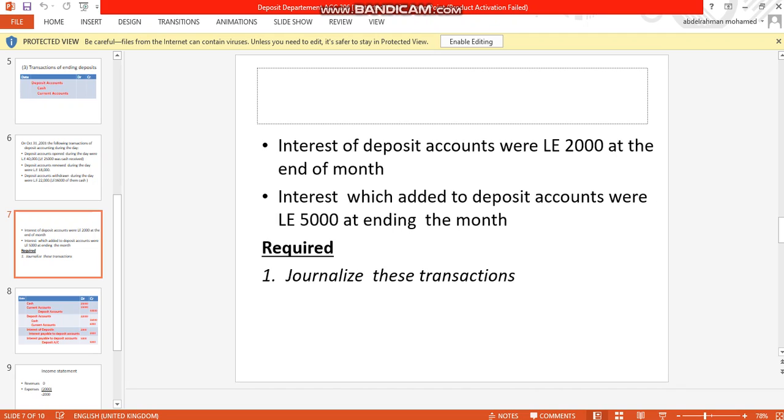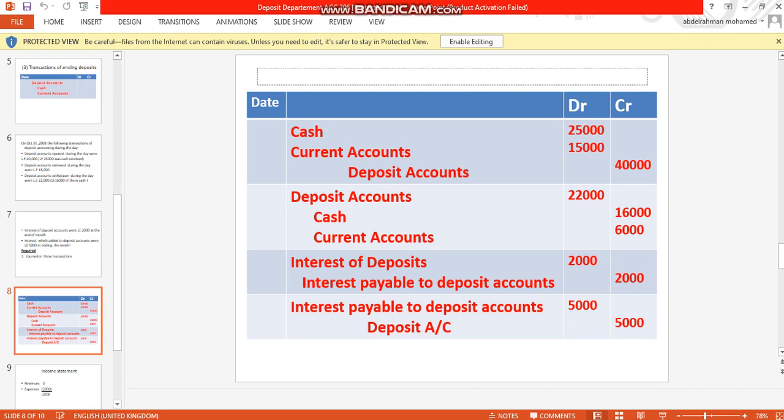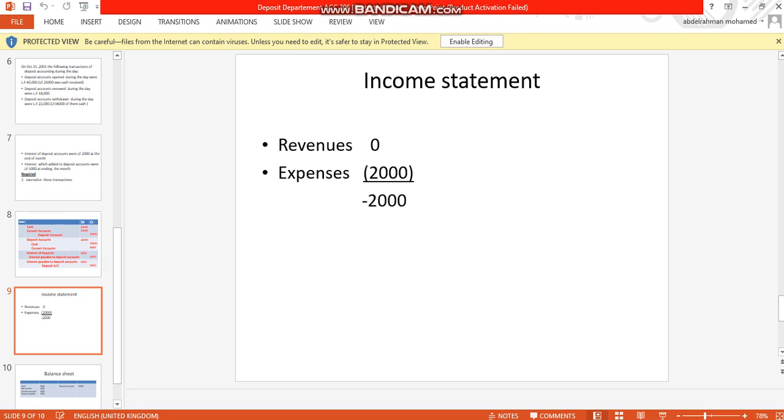The last journal: interest which was added to deposit accounts was 5,000 at the end of months. Okay, in this case, the journal is from interest payable to deposit accounts by deposit account. Don't calculate the interest and don't make the interest of deposit. You make journals according to the transaction in your example. In this transaction he said only added the interest payable to a deposit account. This is related to the deposit